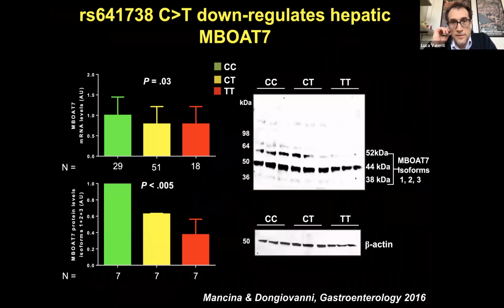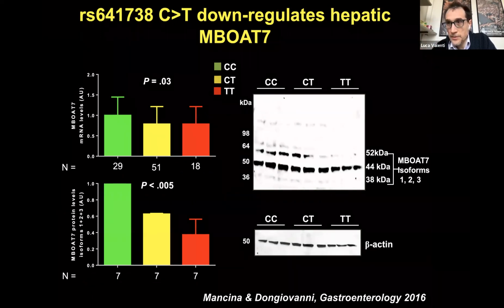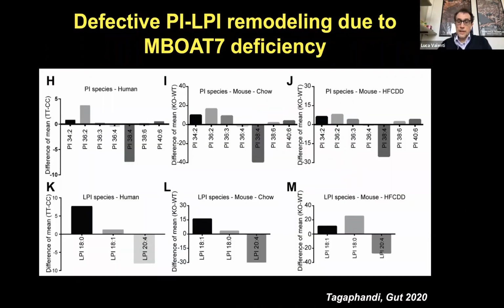And we first showed that this variant is associated with reduced expression of MBOAT7 in the liver, leading to a decrease in the circulating level of phosphatidylinositol bound to arachidonic acid, which was later confirmed in the liver, and was later also confirmed in an experimental model of fatty liver disease as well as in other cohorts. You can see here this recent paper, which has just been published in Gut,